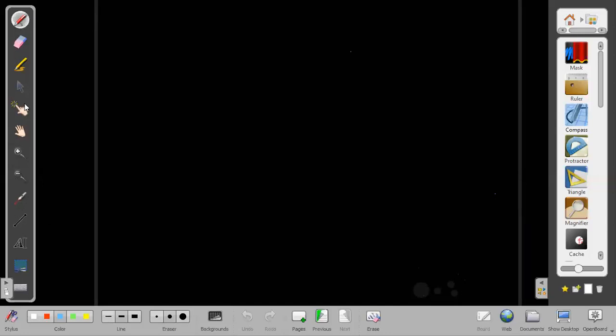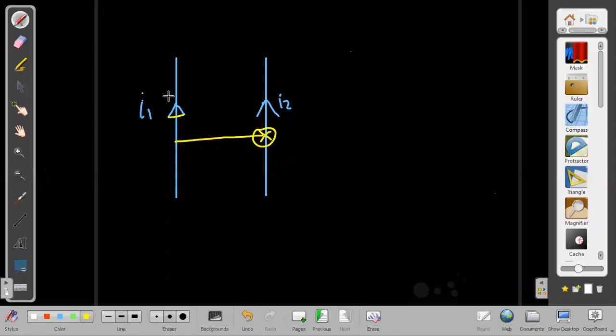Force acting on parallel wires. Force will be acting in between these wires, carrying current I1 and I2. I have to find the field due to one wire on the other wire. Let us say the field here due to this wire, B, is into the plane, and let us say the distance between these is a. Then the field will be equal to mu naught I by 2 pi a. That is the field.